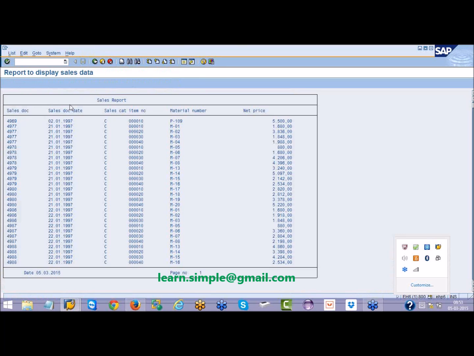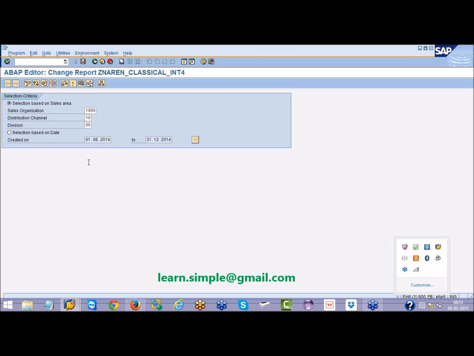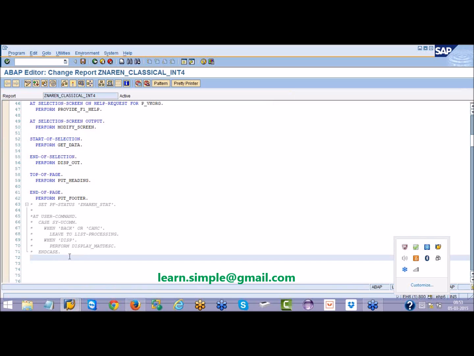No buttons and all. But my requirement is whenever I click on function key F5, then all the material description should come. Previously, when I clicked on a button, then material description would appear. But now, whenever I click on some function key, then my material description should appear. So what to do? What you can do is write this event